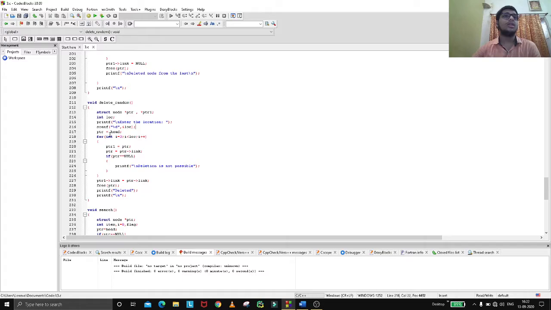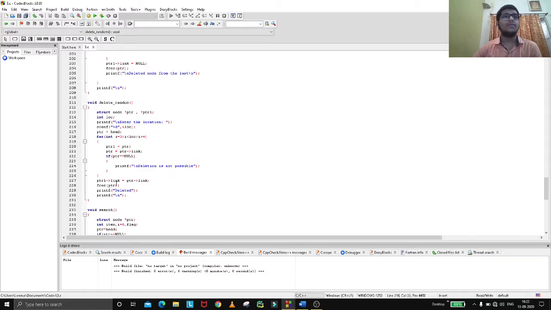Now if ptr equal to head, we have to create a for loop which will go till the loc position, with ptr equal to ptr of link. So basically it's a monkey concept. One node will go, it will check the first node, then go to the next node, and so on. Basically it jumps from one node to another.